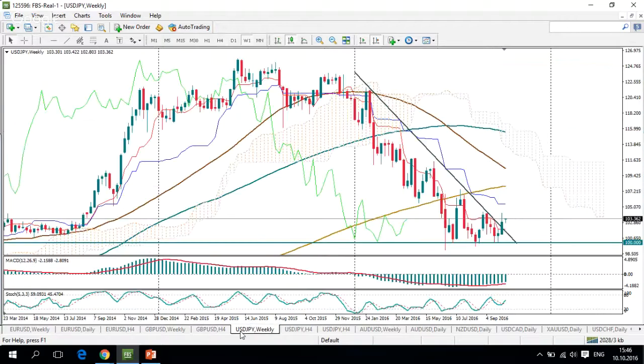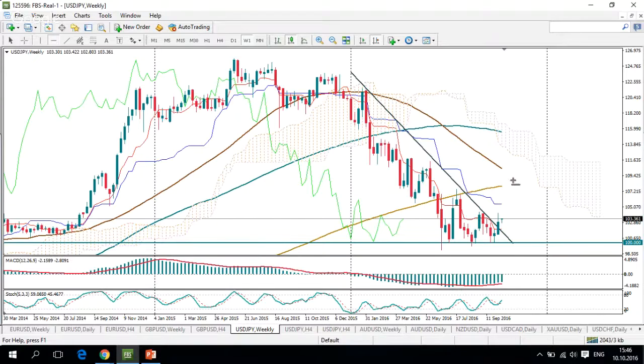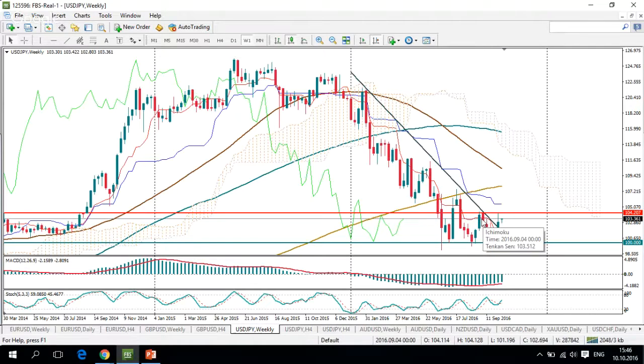As for US dollar Japanese yen pair, well, last week it was also moving rather fast. It managed to break above 2016 resistance line. We have spoken about this line for quite a time, and finally the pair closed above this mark. However, as we can see on the chart, the pair didn't close near its weekly highs, and September highs near